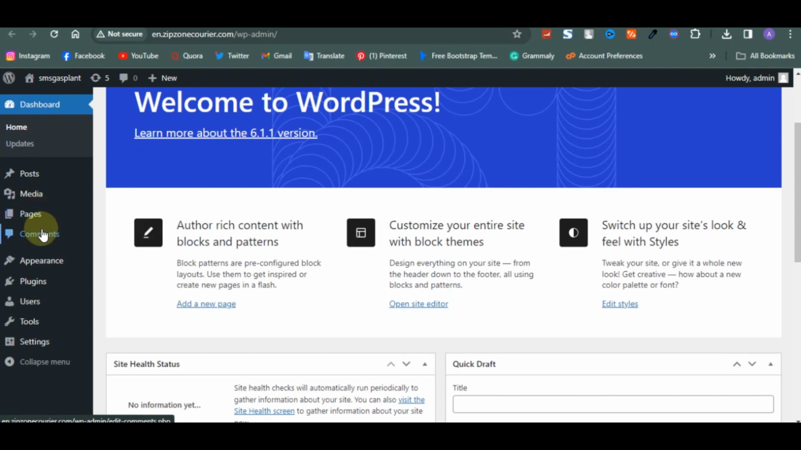Then you have your comments. This is where you moderate all the comments on your website. Next, you have your appearance. This is where you add themes, edit your themes, and do some customization like your widget customization. Then you have plugins. Plugins give your website a bit of functionality, so this is where you add them. Then you have your users. If you want someone to assist you in managing your website, this is where you add them